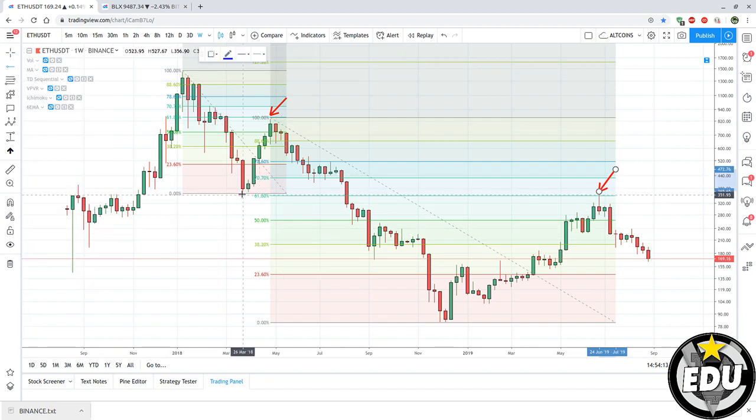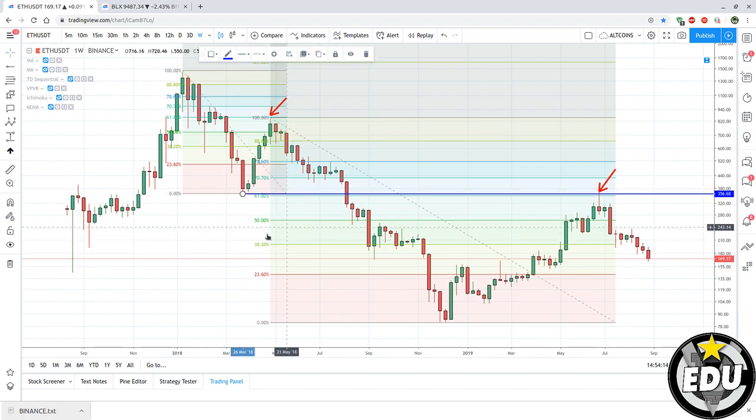Confluence with this low. So when I have the previous low and also a 61% Fibonacci retracement, which is a very important level of retracement, usually price retraces 50 or 60 or 70 or 78. I mean, every single one is legit. But if you see a confluence, and we also have confluence with this previous high,